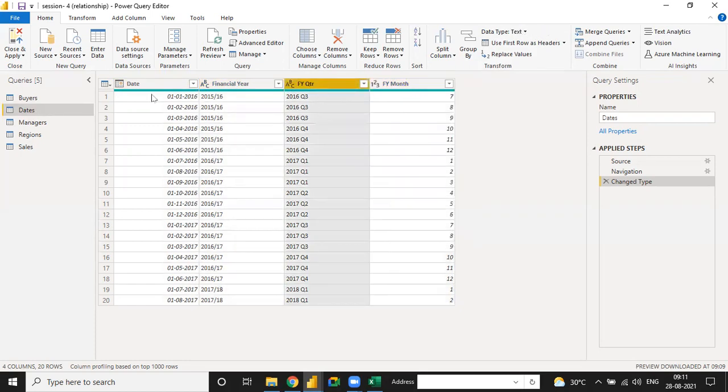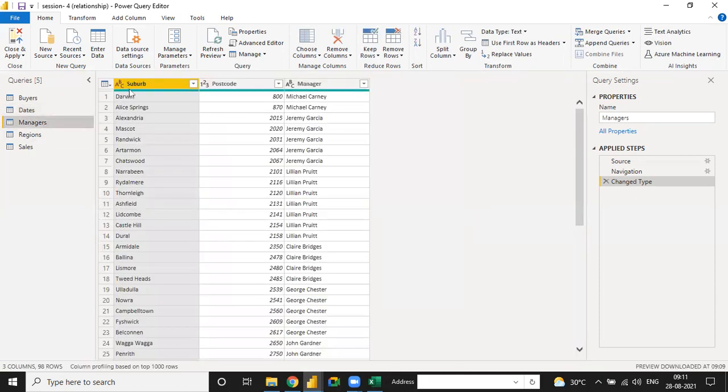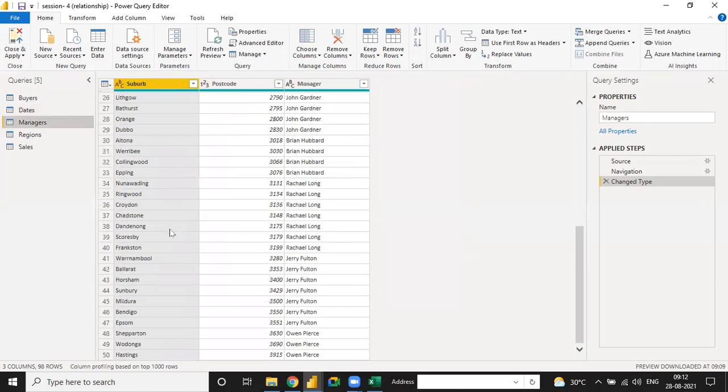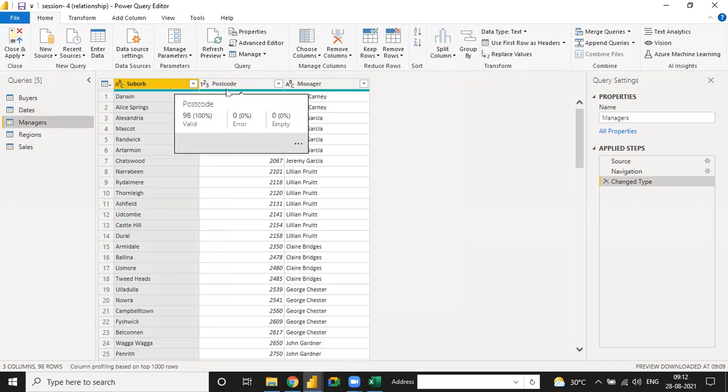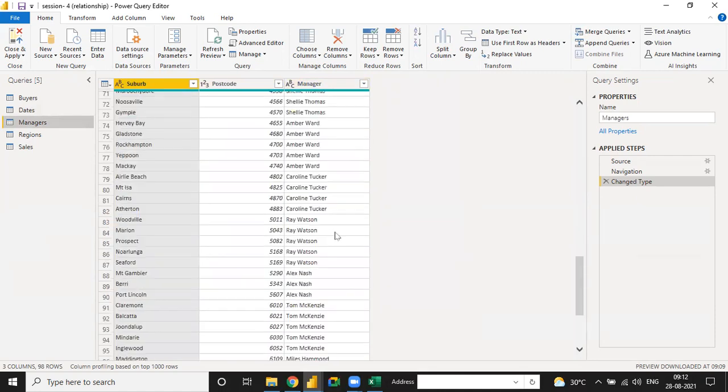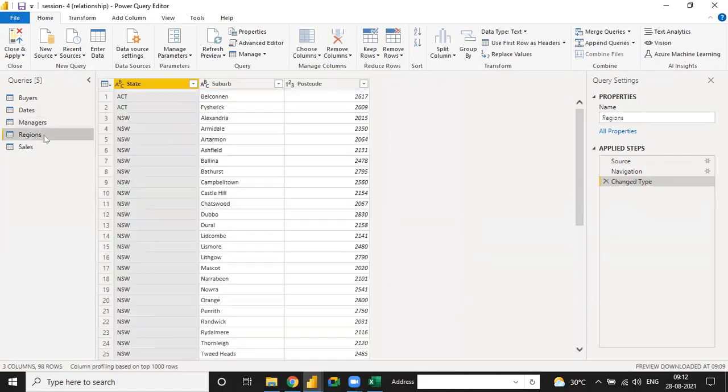Okay, so no need to worry, it's okay. Now date is always a date, because we have to use this date as well as this month only. This is just our data. And let's go into the manager table: we have a super, which means it's state wise, region wise, and postal code. Postal code is country wise, and postal code is different. And the manager, okay, see, this is the manager name. Now we have region wise: state, suburb, and postcode.